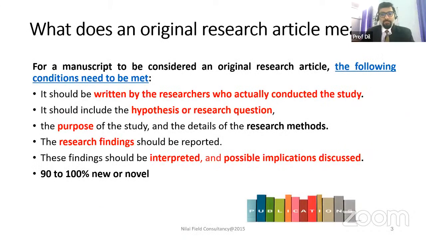An original article should be written by the researchers, maybe one researcher or two, three, four collectively, and they should conduct that research in a particular location with a particular sample size, with a particular type of methodology and designs, and do the analysis portion, coming up with proper observations and interpretation. They should have a clear-cut purpose, and that purpose is reflected in the form of research questions. And those research questions are well connected to the method.